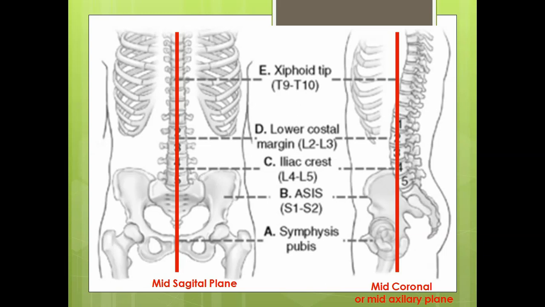If it is not included, that image will be rejected. You have to go for repeat radiography. That's why usually the upper border of the cassette should be at the level of the xiphoid process. That's why you must know the level of the xiphoid process is D9 and D10. Next comes the lower costal margin, in the sense the lowest part of the rib, the last part of the rib. That is usually level L2, L3. It means that at the lowest part, at that level, usually the lung will end.